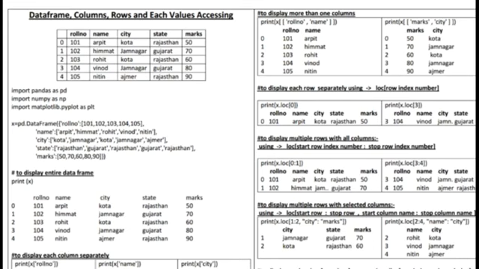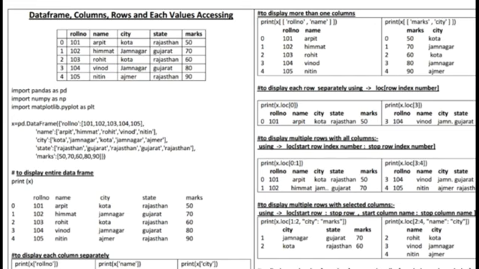We have seen in our last session how to access each and every value, column and row in a NumPy array. But this time I want to explain how to do this kind of operation in a data frame. So the new thing is, in a data frame we will access rows, columns and each and every value. For that purpose I am starting this.